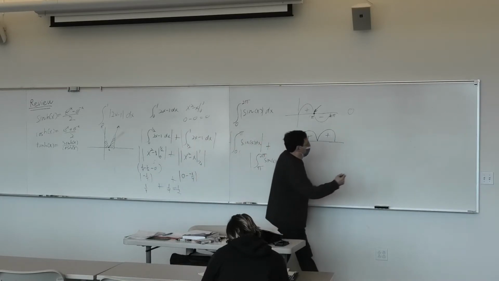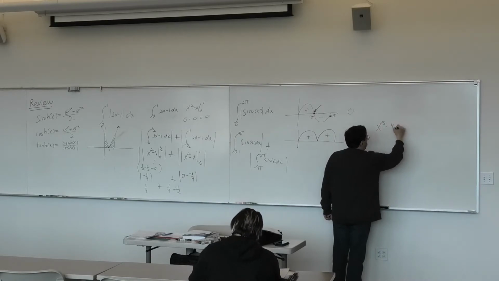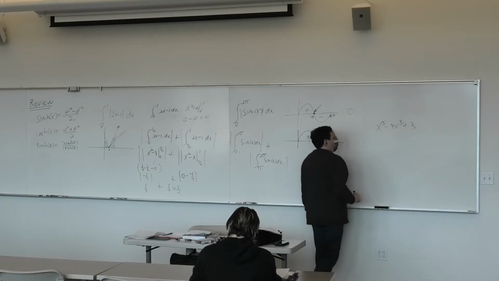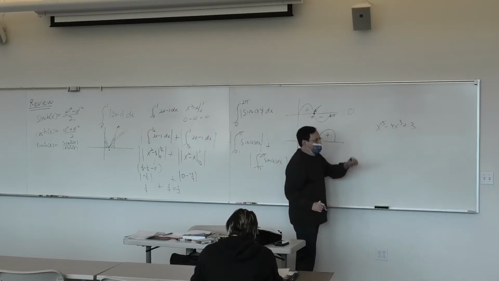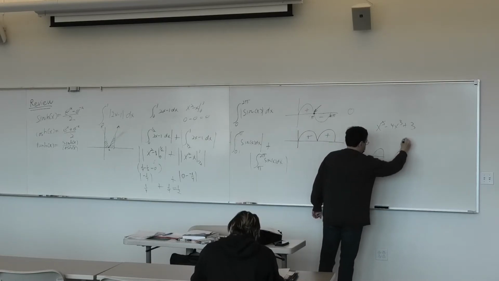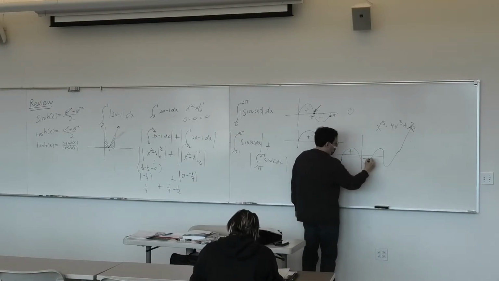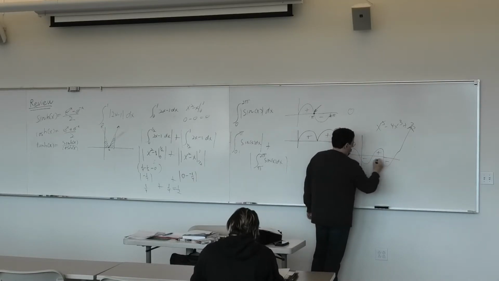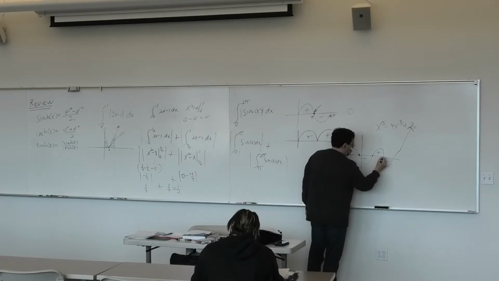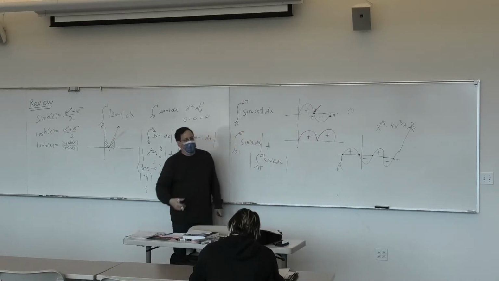You could have, you know, x to the fifth minus 4x cubed plus 3. I'm making this up. I don't know what that looks like. But you might have a function that goes like this, and you have some positive, negative, positive, negative. But you have to integrate between these pieces and add them all up as positive because of the absolute value.